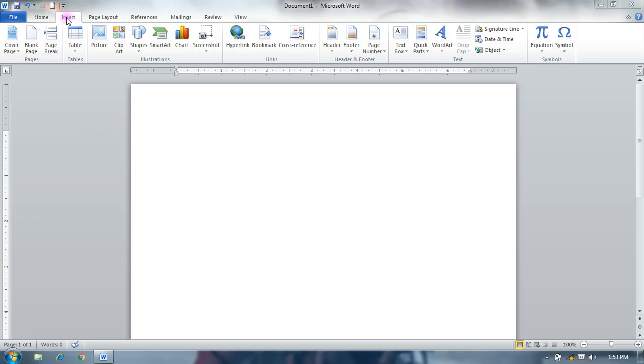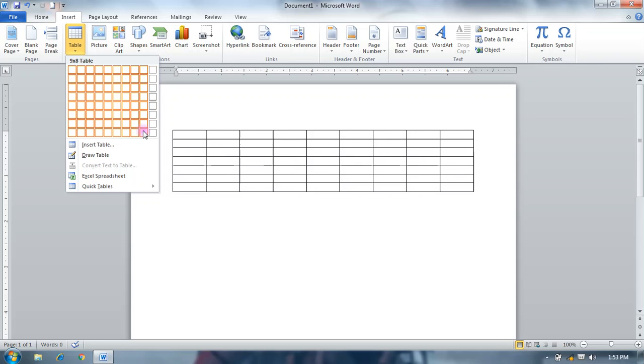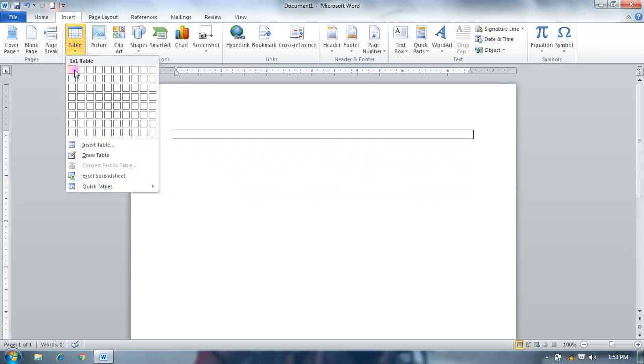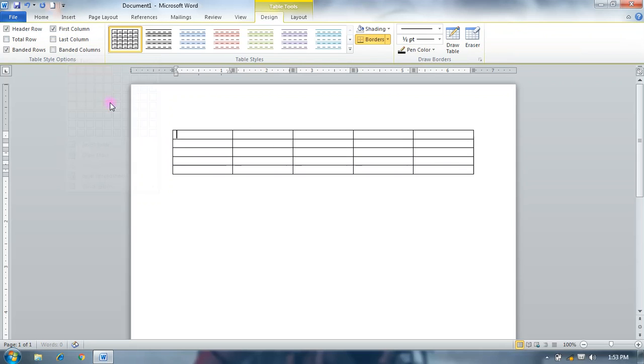First, we click on the Insert group and it displays the Table option. We click on the Table button and there are different options to create your table. First, we can select rows and columns from here, click, and it creates our table.